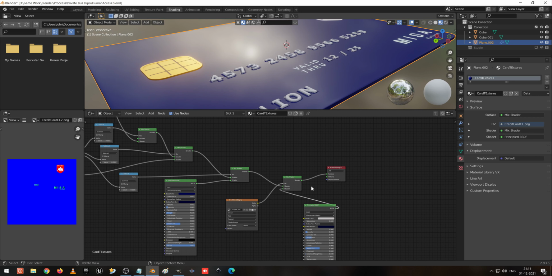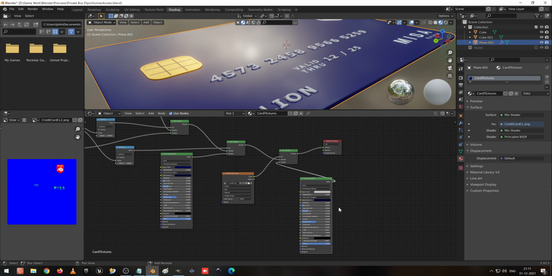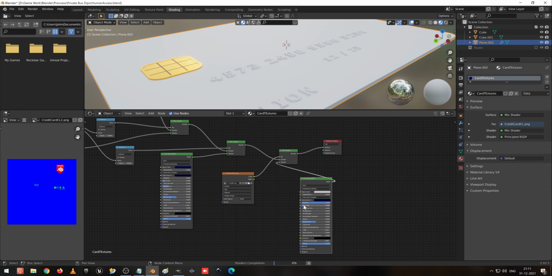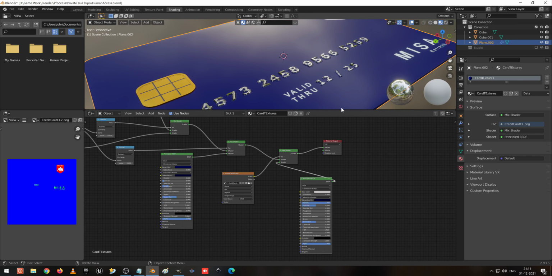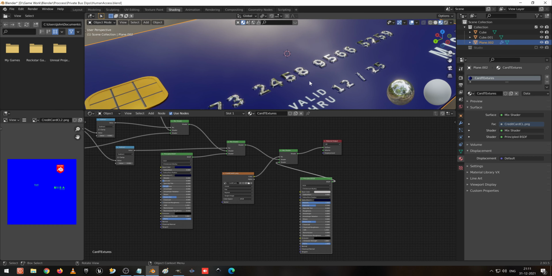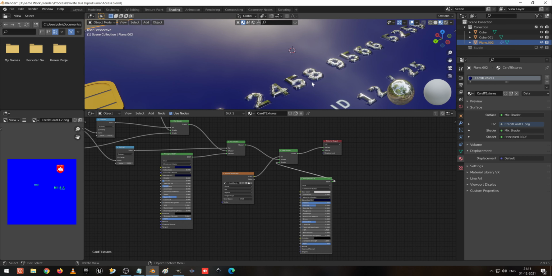Now here I am going to reduce the roughness and increase the metallic, and the sparkle also I plan to make 0.5. So I make it 0.5. Now let me see how it looks.